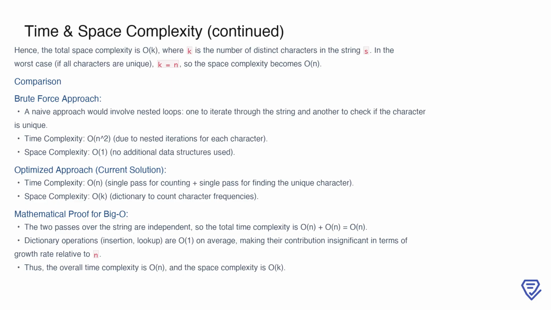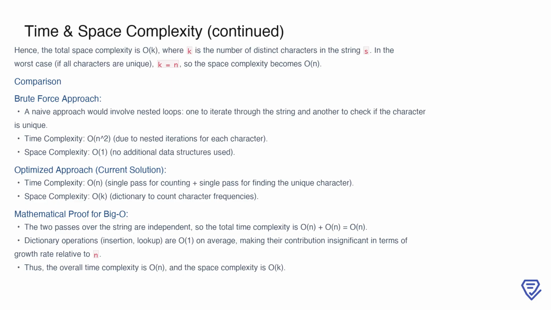is unique. This would result in a time complexity of O(n²), due to the nested iterations. However, the space complexity in this case would be O(1), as no additional data structures are used. In contrast, the optimized approach we've discussed uses a single pass for counting and another for finding the unique character, leading to a time complexity of O(n). Although it requires additional space for the dictionary, which is O(k), this trade-off is acceptable given the significant reduction in